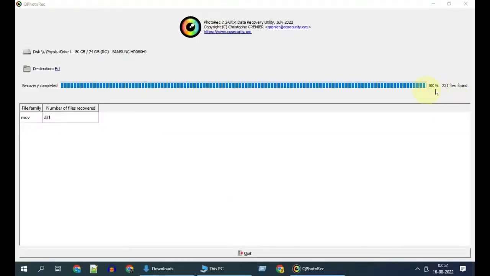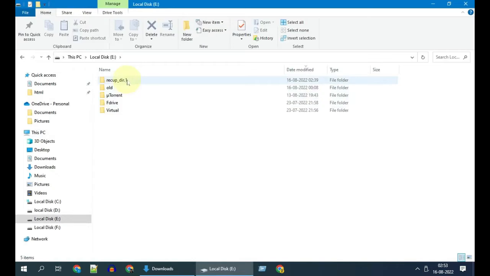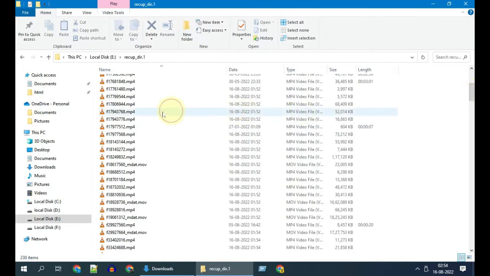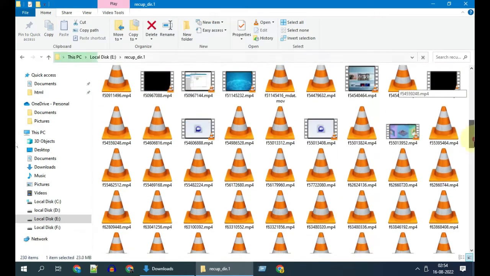Once scan is done, please check the target selected. As you can see, a new folder has been created with recovered files. Try to locate the file that you are looking for. You may not get the original file name as is, so please be prepared to check all files with generic names. I also suggest to change the view to large icon so that you can see the thumbnail of the